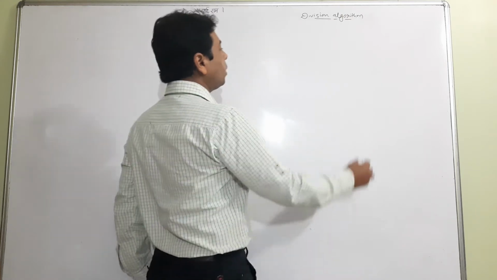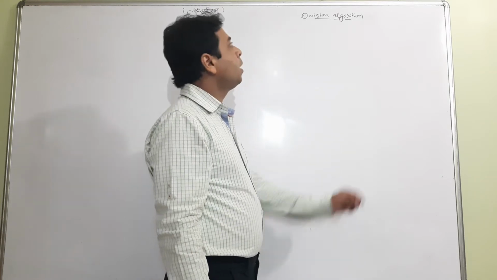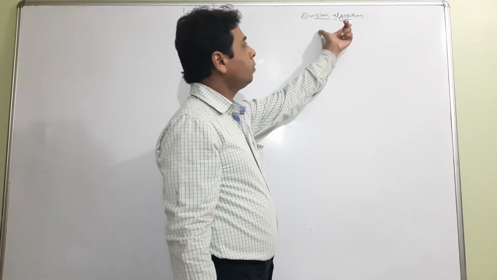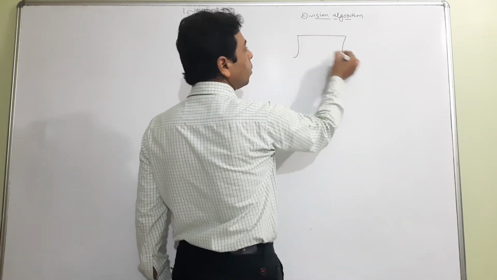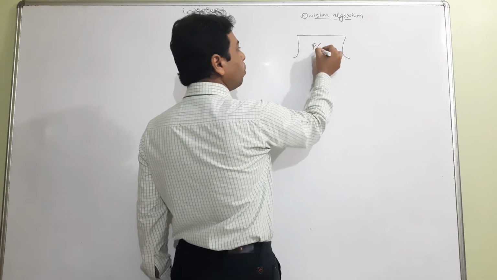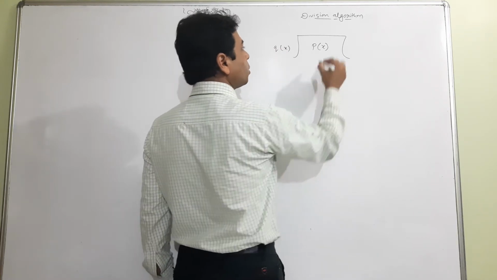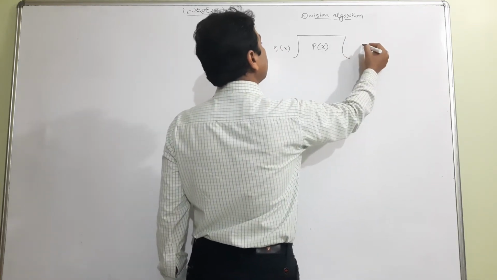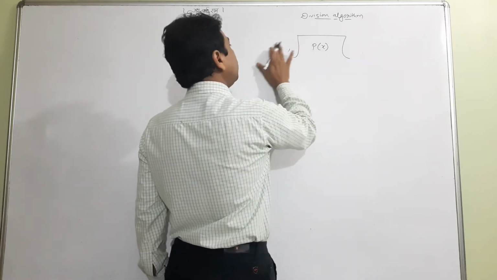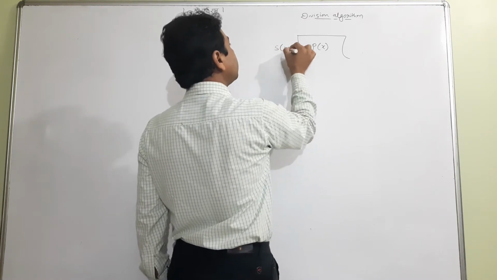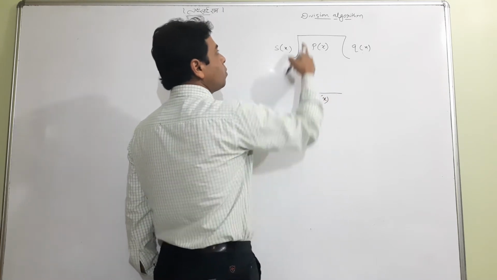Now we have to learn how we divide any polynomial by another polynomial. And what is the division algorithm? You actually know it very well. When we divide any polynomial, suppose it is p of x, by q of x, suppose the quotient is s of x and the remainder is r of x. So what is the division algorithm?